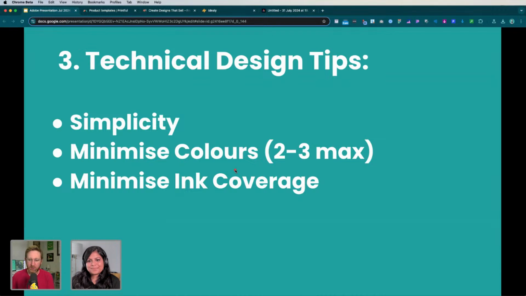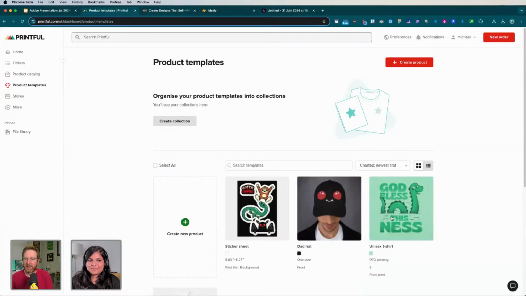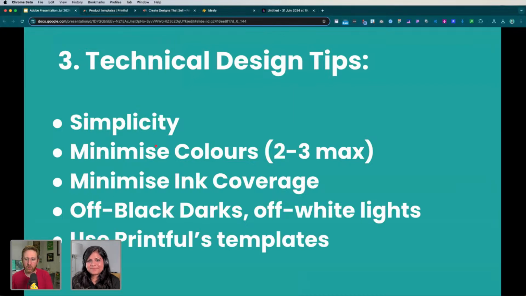So anything you can do to cut away a bit is good. We used off-black darks, and we didn't use lights in this one. For example, with our "God bless this mess," we didn't use black for the outline. We used a kind of dark green. That's something that can make things look a bit more professional as well.